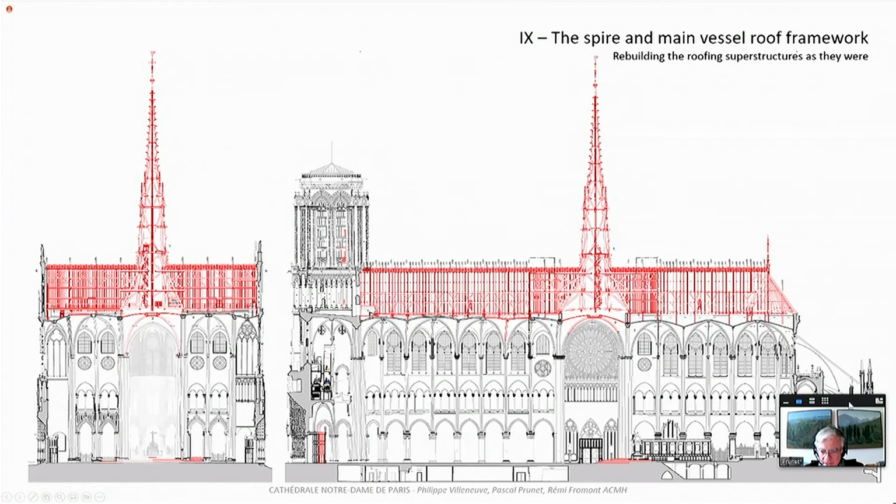In the 12th century, the elevation of the cathedral had 4 levels: the main arches and columns, the tribunes, a kind of small roses level, and the upper windows. And at the end of the 12th century, they decided to take these roses away and to make bigger top windows. And they so elevated the walls in order to free the frame from the vaulting constraints. So